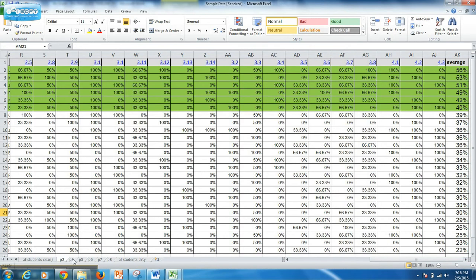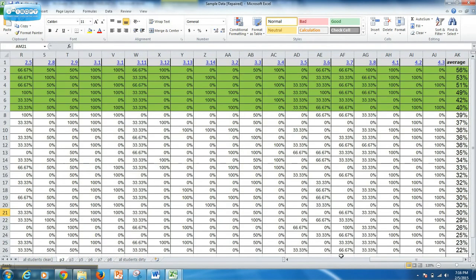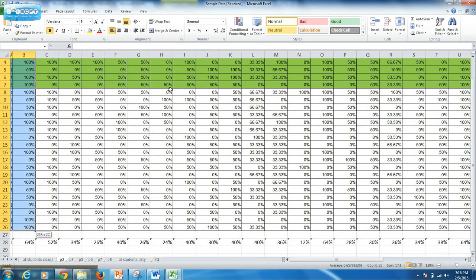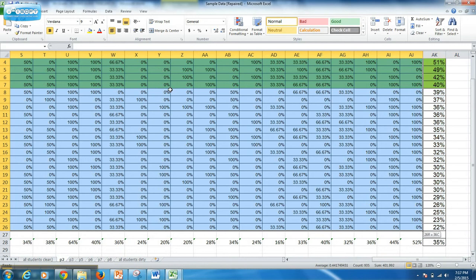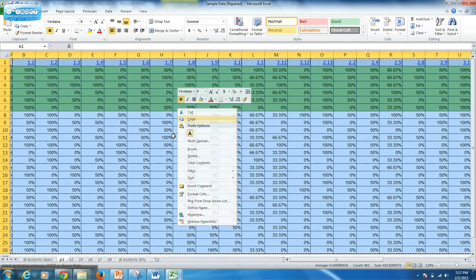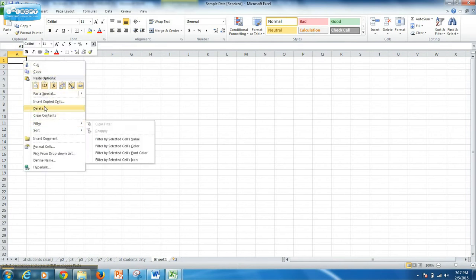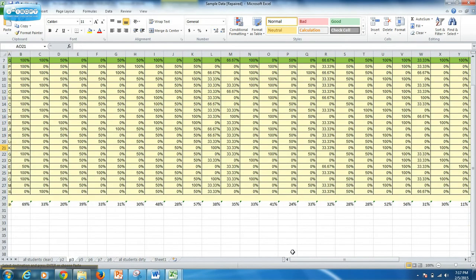Something that you can do, and the reason why Excel is so great, is that we can basically combine all of our classes together if we want. And so again, the way to do this is, and I've just blocked out the students' names on this sheet, but you can go over, copy the entire sheet, and onto a separate tab here. And what I've done, and I'll just do an example, on a separate tab, copy and paste, and just go period by period and bring over